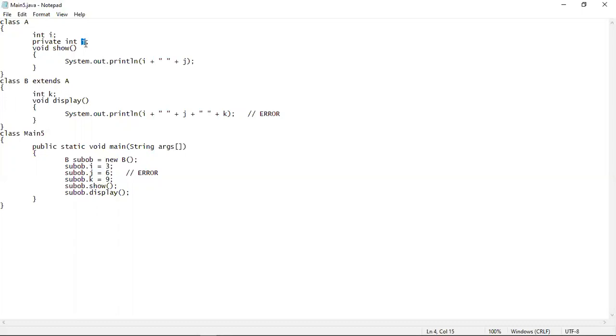Then after that, another instance variable, which is j, is there, and before it we have used the private access specifier. Then there is a show method that will just print the values of i and j, and before this method no access specifier is there, so the compiler will assume that there is a default access specifier. Now this B is the subclass, and these are the contents of the subclass. This is the instance variable of the subclass B, and this void display method will print the values of i,